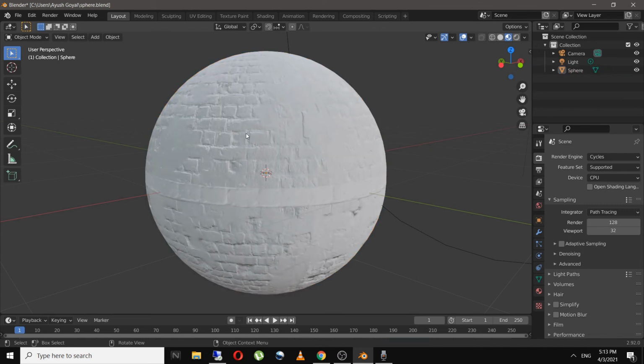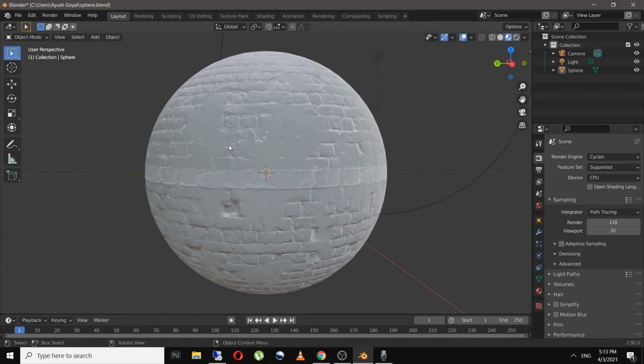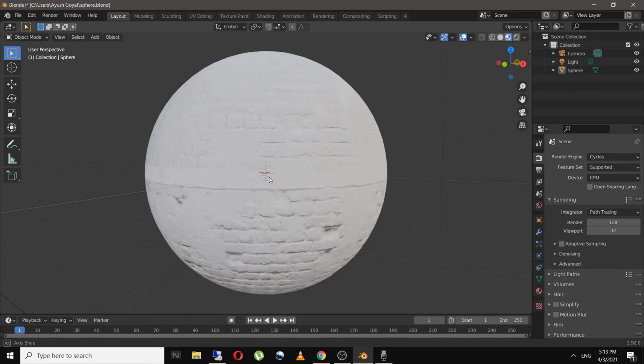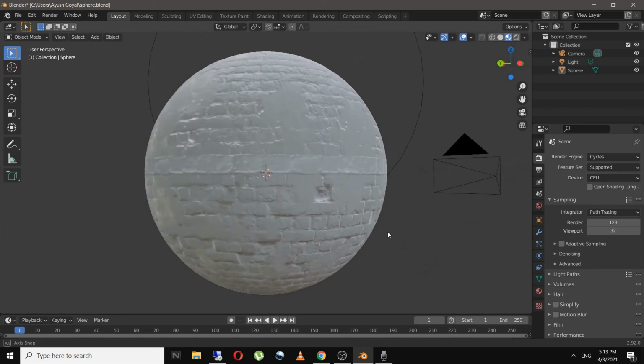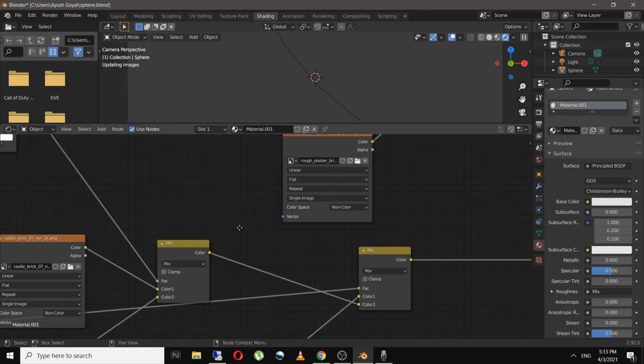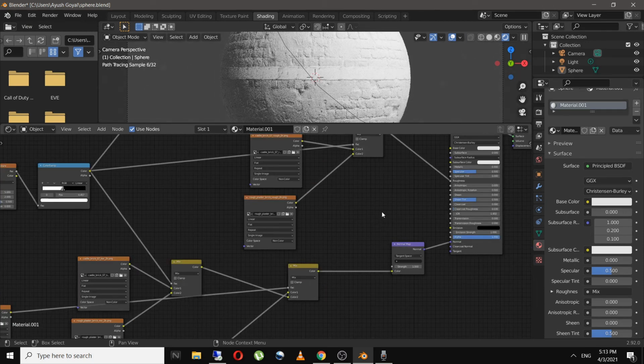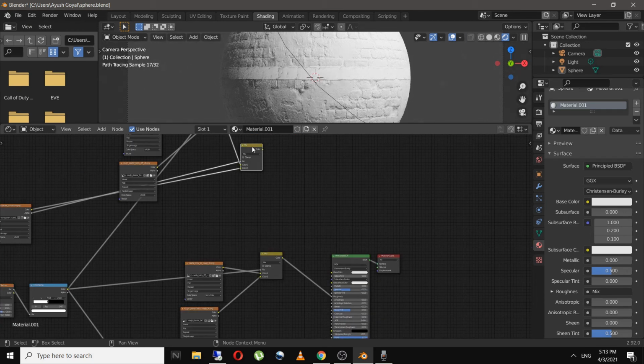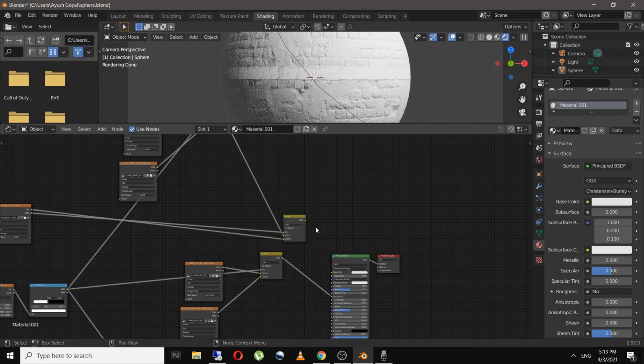The brick has the textures over here. It's not affecting the border and the plaster. So this is really a fine looking geometry. And I will connect back the base color.